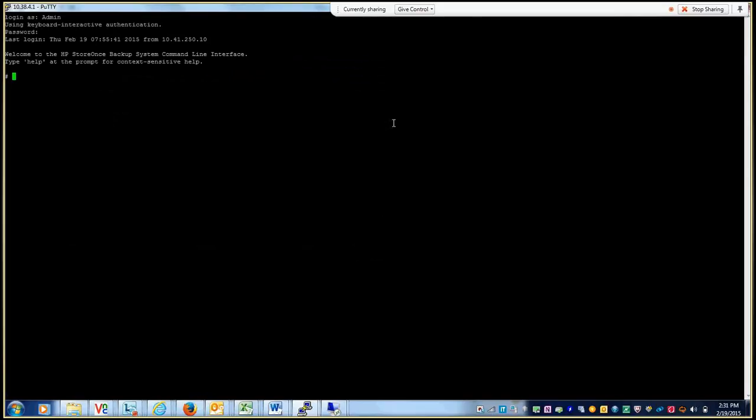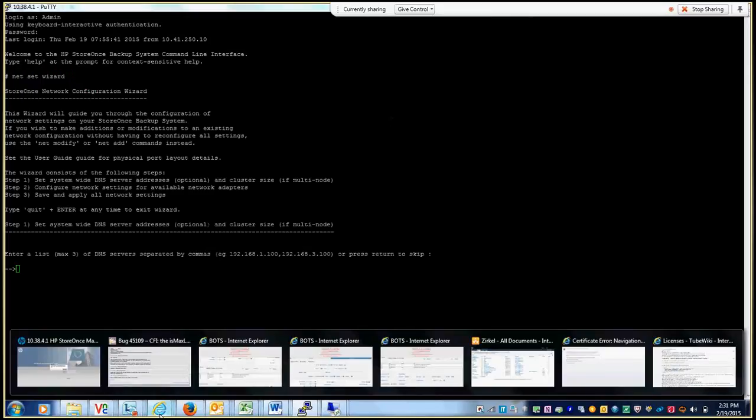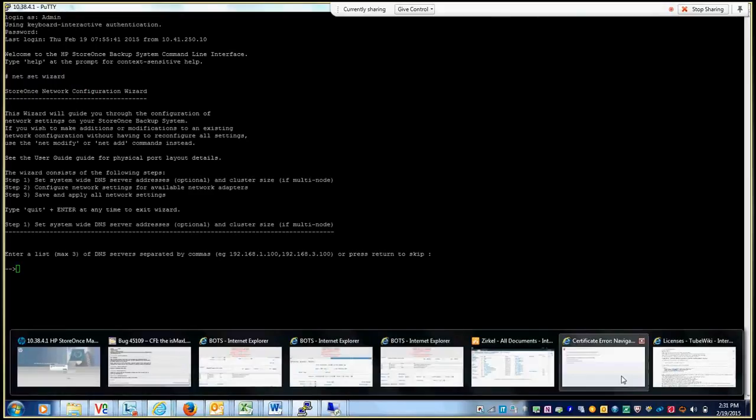You log in as admin, using admin as username and admin as password, and then use the command netset wizard. First it asks us to provide the DNS server IPs. Almost all our IPs and DNS details, whichever we have assigned and allocated, have been documented in our